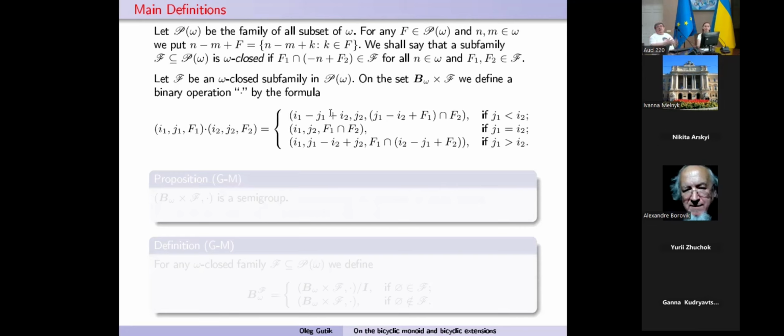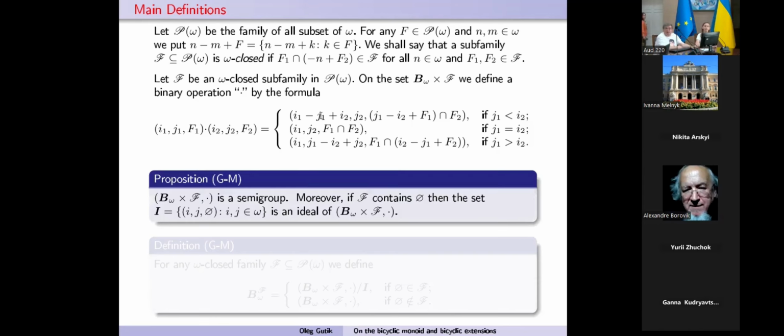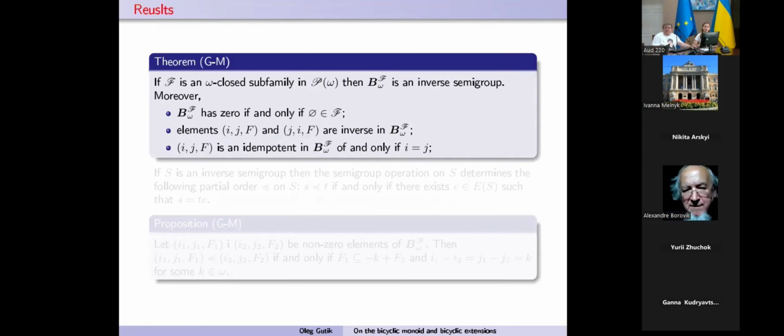And on the product B omega with this family F, we define the binary operation in the following way. If we consider this operation and we cancel the set coordinate, this semigroup will be isomorphic to the bicyclic semigroup. Also, this set is a semigroup, and if we consider the